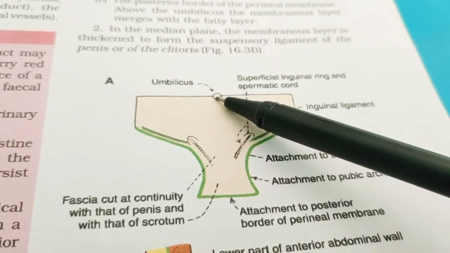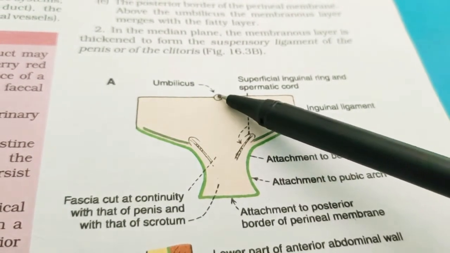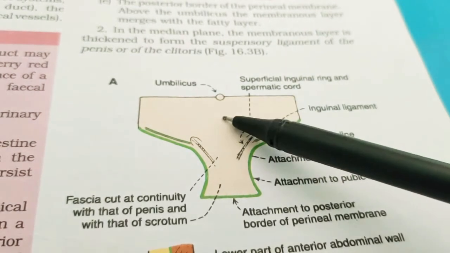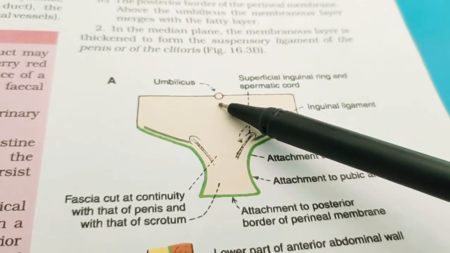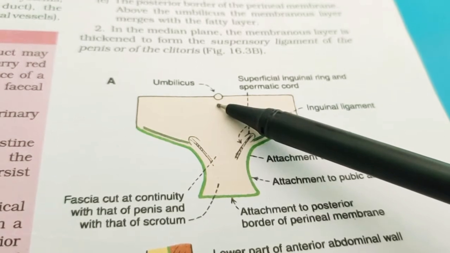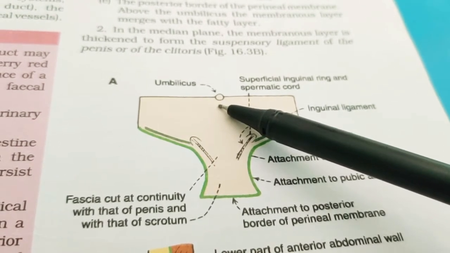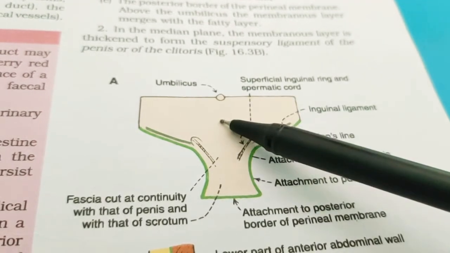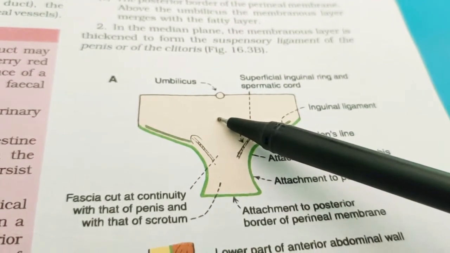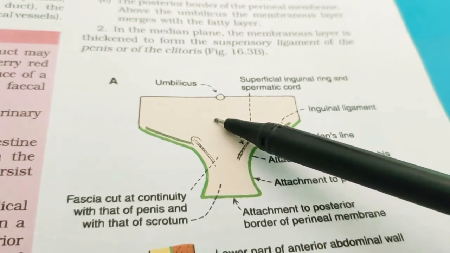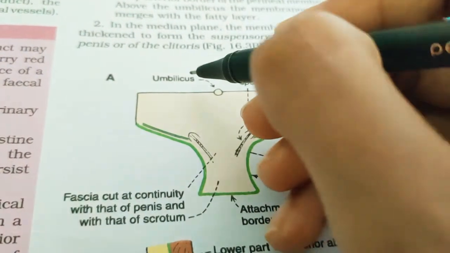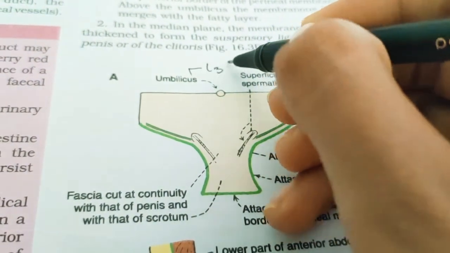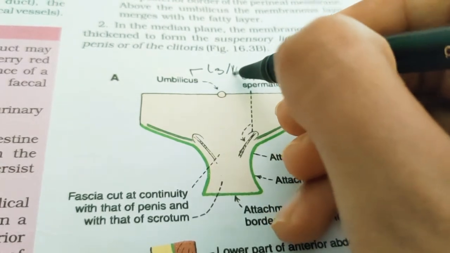Okay, so the umbilicus is a normal scar in the anterior abdominal wall. It is formed by remnants of the root of the umbilical cord. We know this. The position of the umbilicus is variable. In healthy adults, it lies in the anterior median line, exactly in the anterior median line, at the level of the disc between the third and fourth lumbar vertebra. So the umbilicus lies between L3 and L4, that is, the lumbar vertebrae.